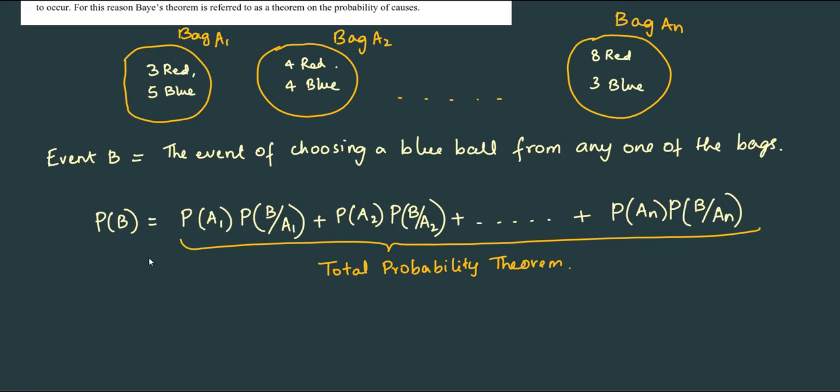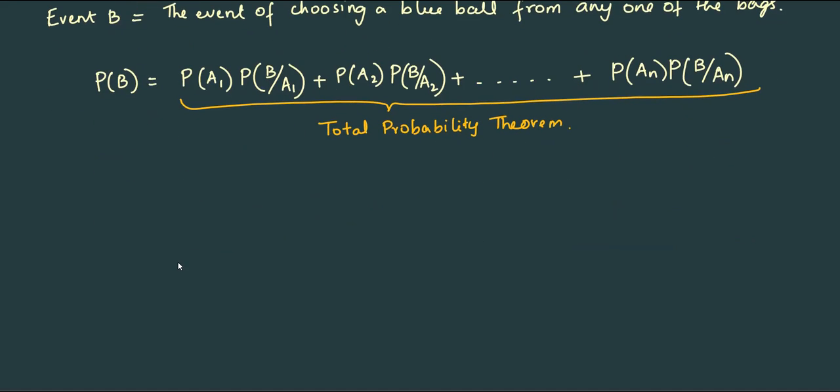Now you have to guess, you have to assign a probability of getting it from bag A2, let's say. Given that a blue ball is chosen and you do not know from which bag it has been chosen, if we have to go backward a step and check which bag,